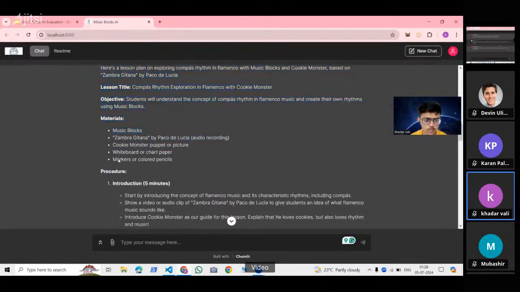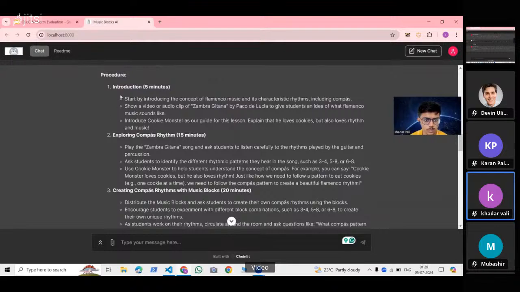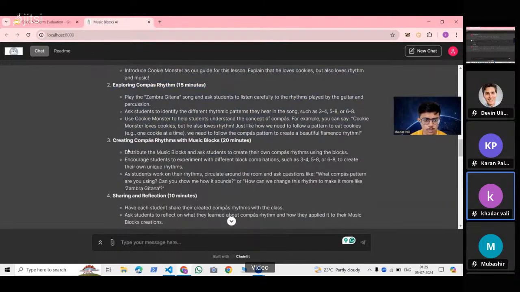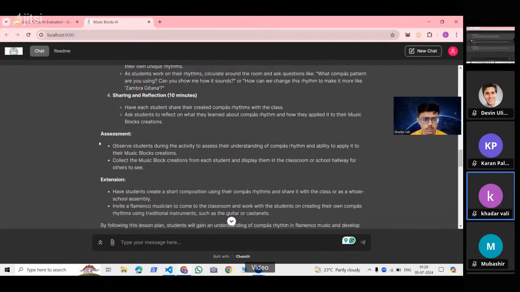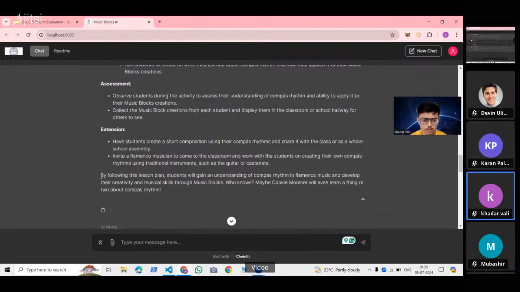We can see it gave us the materials and the procedure, and it gave us the introduction about the topic, and then exploring the compost rhythm, and then creating a compost rhythm with music blocks. It has used the song, I don't know the exact pronunciation, but Jambra Gitana, and then sharing and reflection. It had created another subtopic, and at last it had created an assignment, and then an extension, like how this can be extended, and then by following this lesson plan, the students will gain the